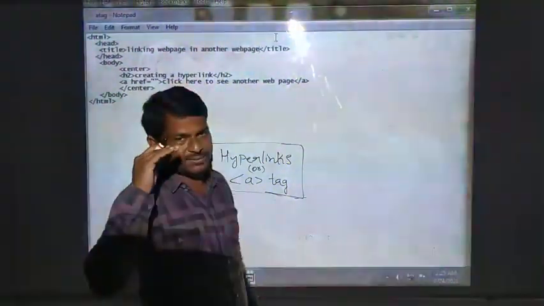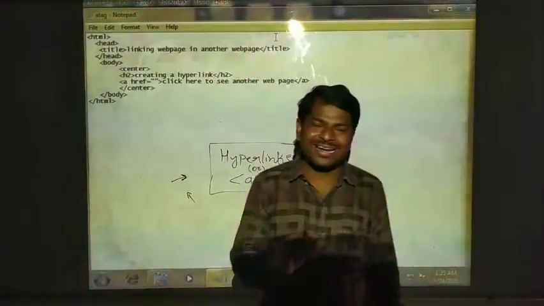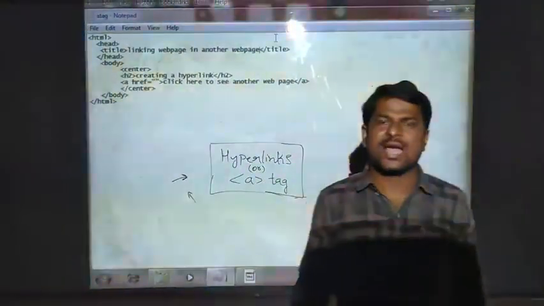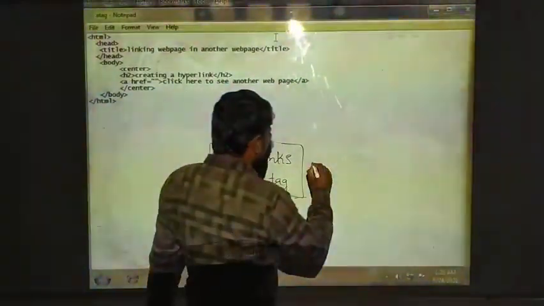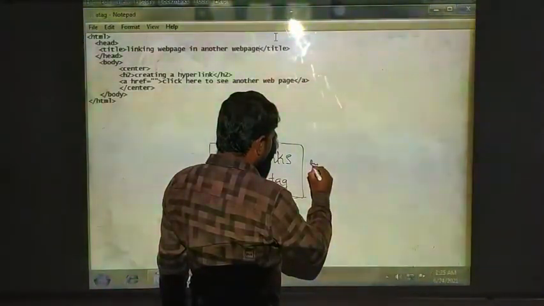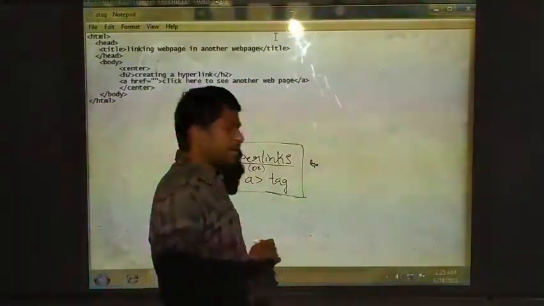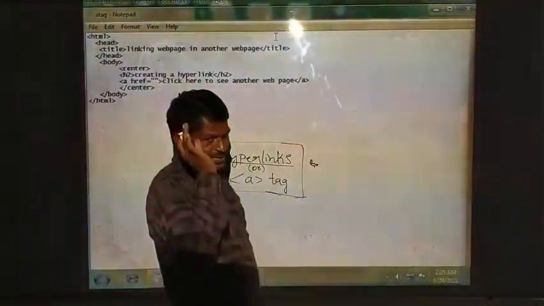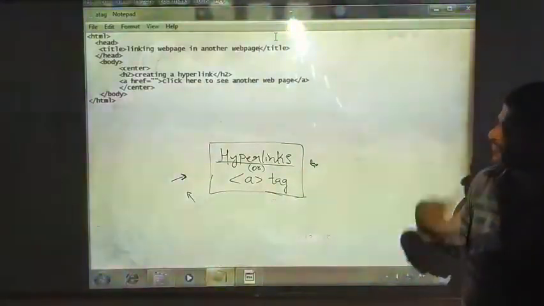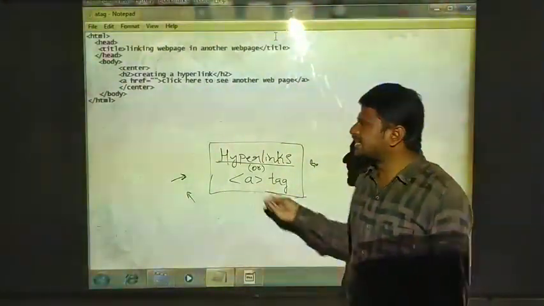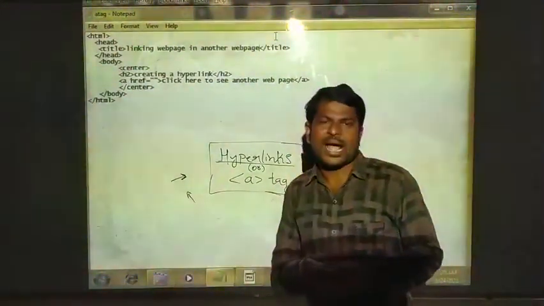When you place the mouse cursor on a hyperlink, which may be a word, a phrase, or an image, your symbol will change to a hand symbol. Phrase means a group of words. When you place it on some text which is underlined like this, the cursor symbol is a hand symbol. The phrase or image which is linked to another page is underlined. That is what we call a hyperlink.